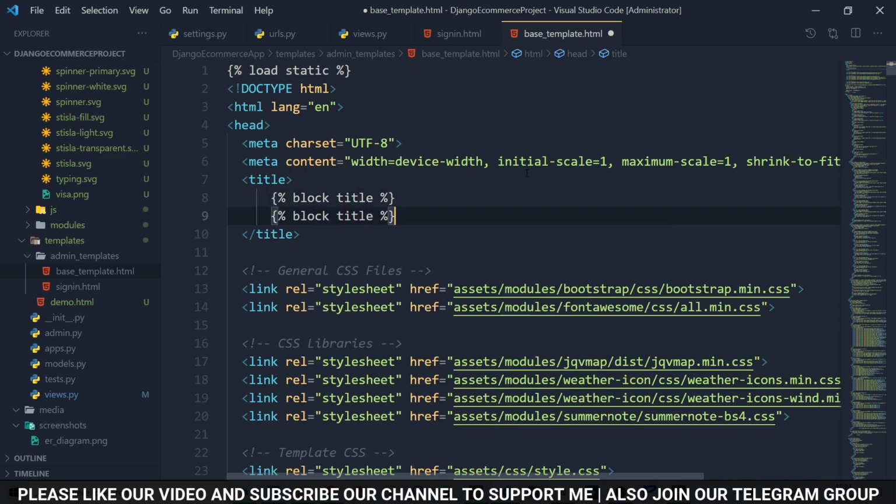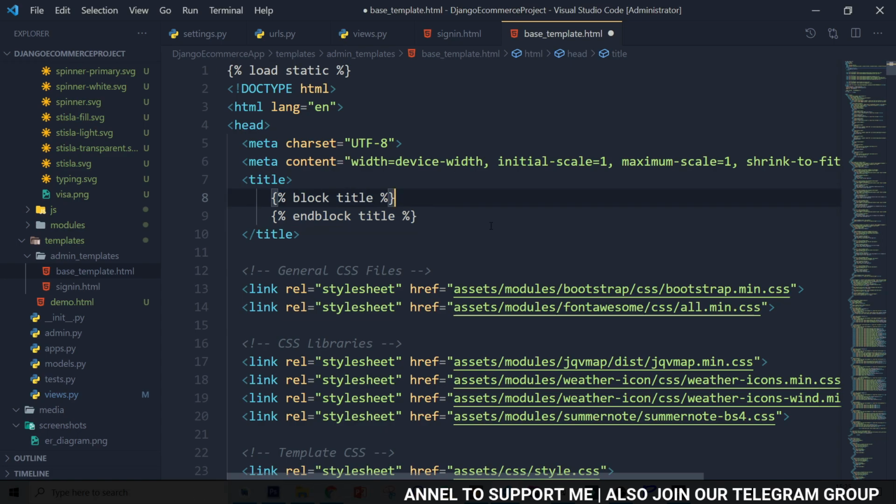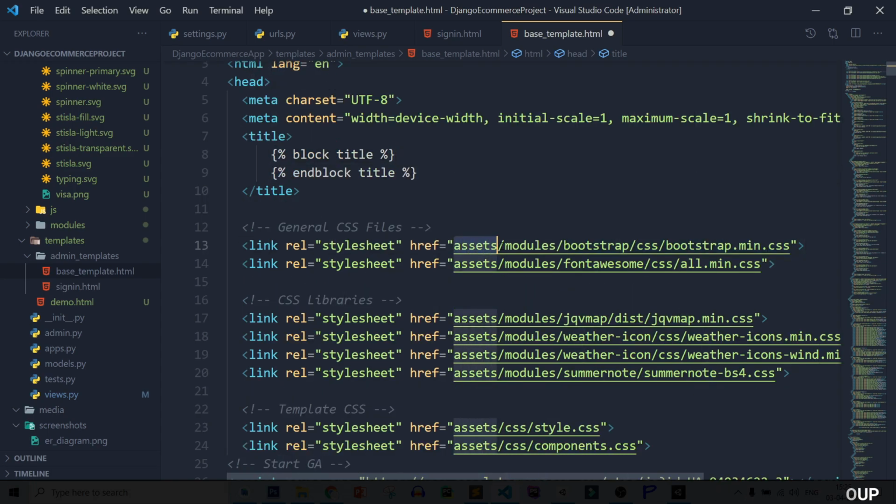This content will be replaced by our child template when we use this base template. So this content of block title will be replaced from our child template. Now after that, let's set the assets. So add plus J, setting all the assets.